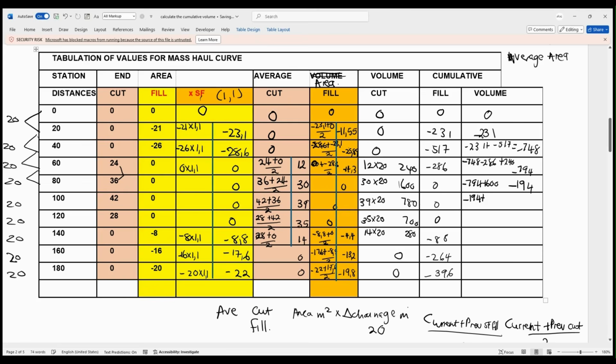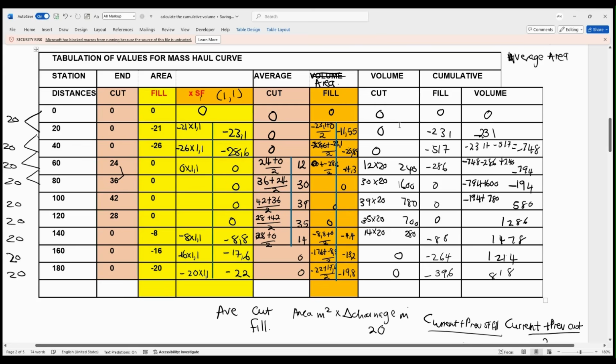Negative 194 plus 78, we get 586. So you continue with that, 1286, 1478, 1214. So it's 1214 minus this, 818. Just make sure the calculations are correct. So that is how you make the calculations, but you can do it